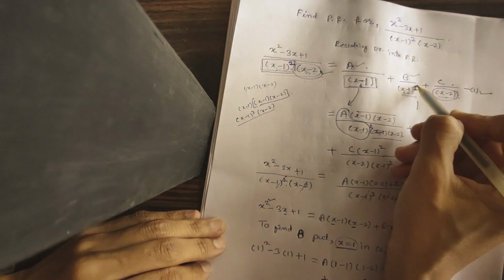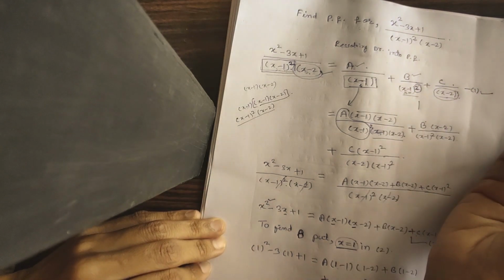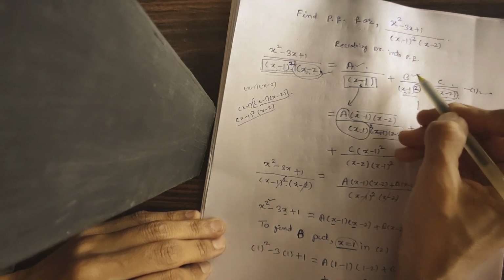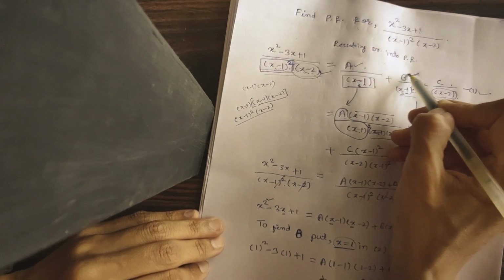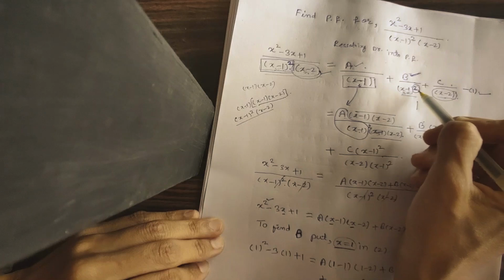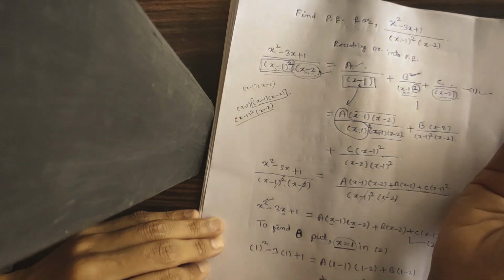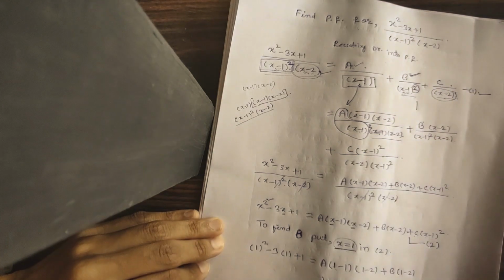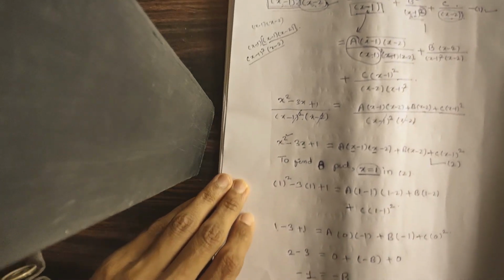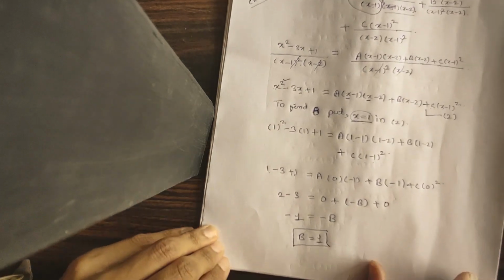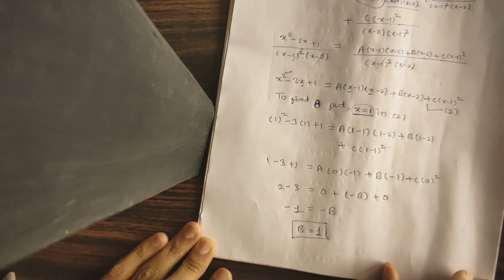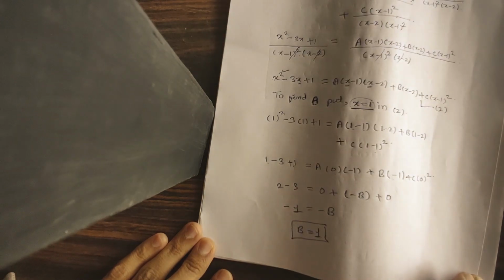Not only in this case, you are always going to get the value in which the denominator power is the highest. So here 2 is highest, so you are always going to get the value of b first. If suppose you have a cube there, some constant upon (x minus 1) cube, then you are going to get that value first. So just observe the calculation how I did it, and then we will move to the next step. So now I am going to find c.